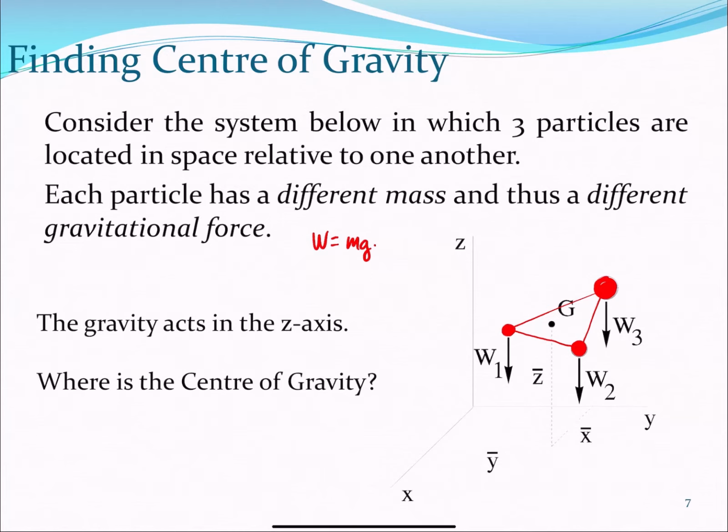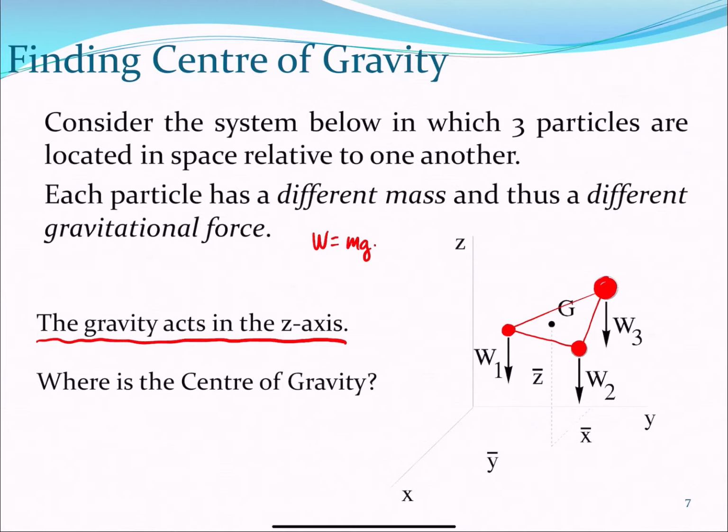And then for this particular case, let's see what happens. In this case, the assumption is that we have gravity. The gravity is acting along the x-axis, pulling all these particles down. And the question is, where is the center of gravity? What is the 3D coordinate? Since we have a 3D system, what is the 3D coordinate in which we can pass a resultant force,